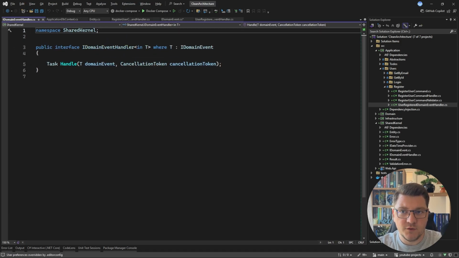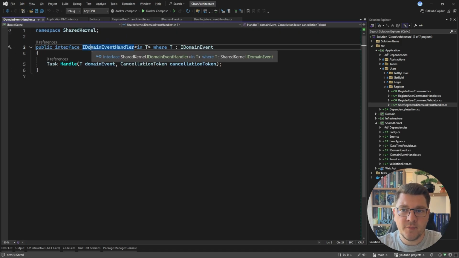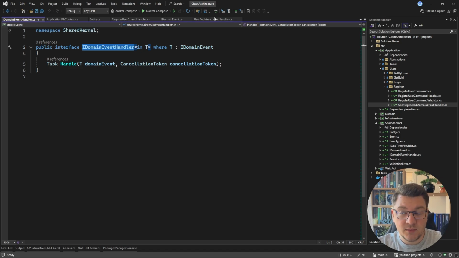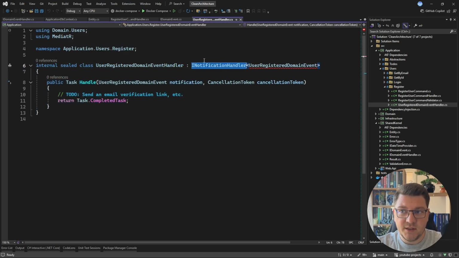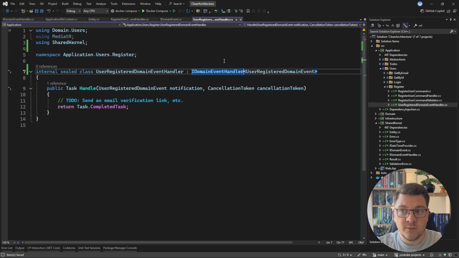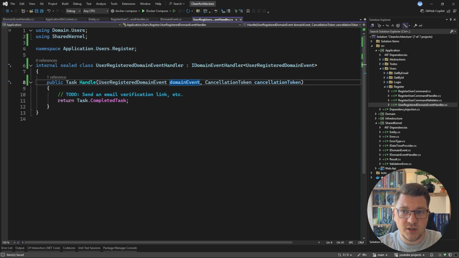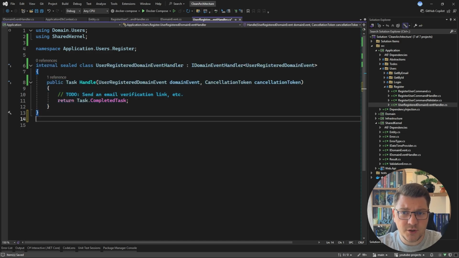Now let's go ahead and move this into its own file, and we have to update our implementation. So instead of implementing INotificationHandler, I'm going to implement my IDomainEventHandler, and I'm going to rename this to DomainEvent to be consistent with my interface. Other than that, I don't have to change anything else because this was a dummy implementation and I didn't